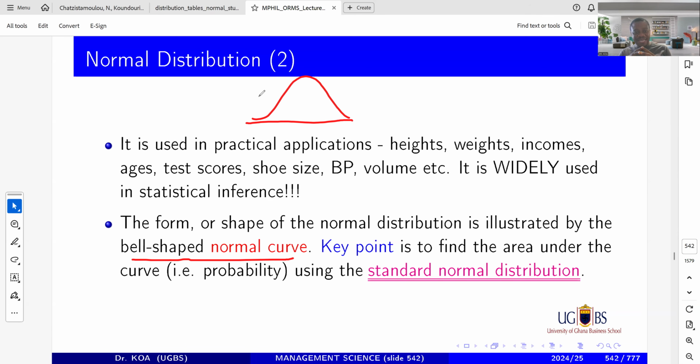That bell-shaped curve is a distribution of something. That something can be ages. So you can have ages here, and then you can have the probability of those ages here. And you can see that the ages are normally distributed. The peak is telling you where the majority of the ages are located, and it is supposed to be the mean of the distribution, because I use the word where the majority of the ages of the people are.